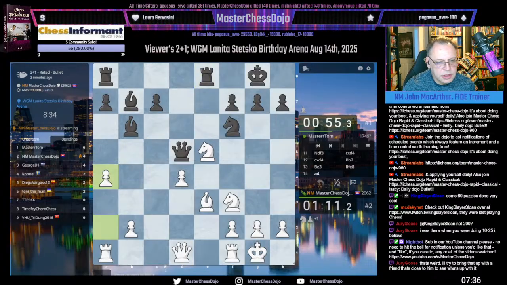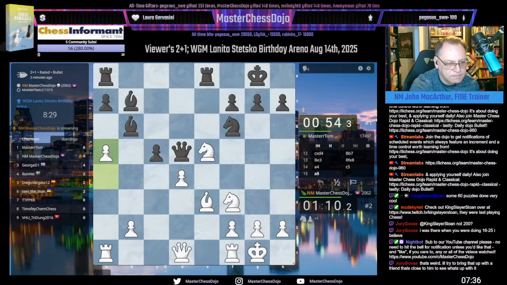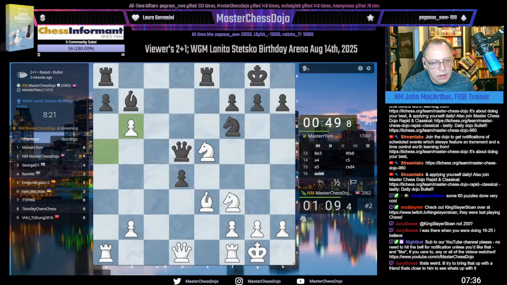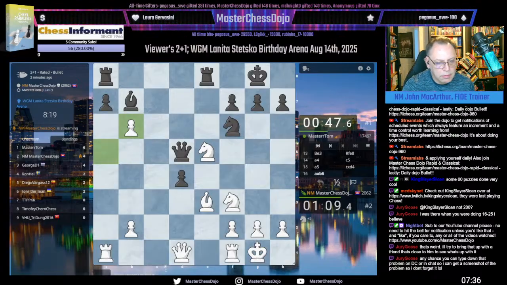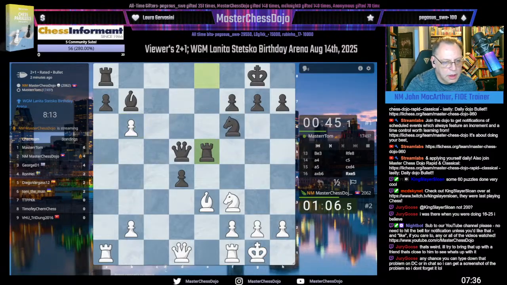Does he have anything here? He can ruin my pawn structure. Here a capture, there a capture. At the end of it all,